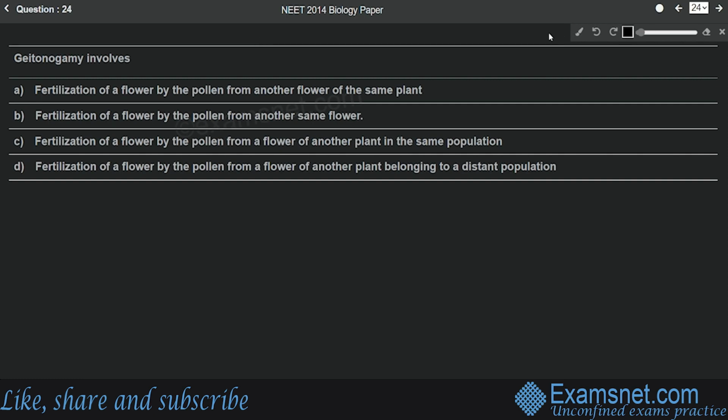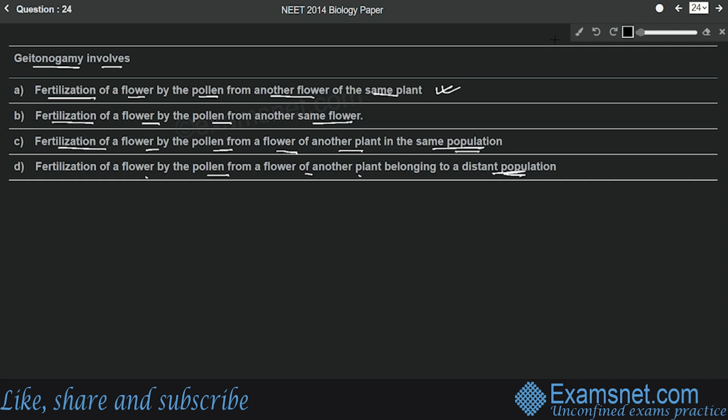Question number 24 is from the chapter Sexual Reproduction in Flowering Plants, and the question is, Geitonogamy involves option A, fertilization of a flower by the pollen from another flower of the same plant. Option B, fertilization of a flower by the pollen from same flower. Option C, fertilization of a flower by pollen from a flower of another plant in the same population. And option D, fertilization of a flower by the pollen from a flower of another plant belonging to a distant population. So the correct answer will be option number A, fertilization of a flower by the pollen from another flower